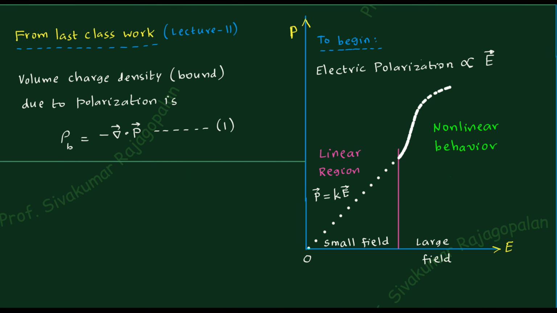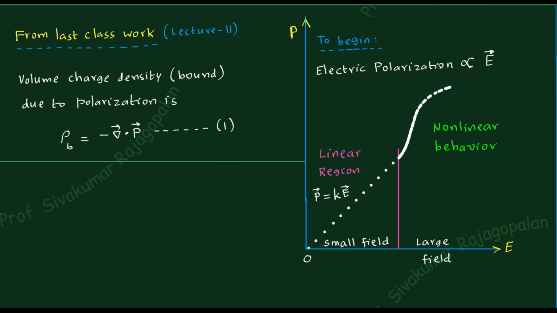So let us therefore understand further how to rewrite P equal to epsilon 0 chi e E. That is the first thing. And the second thing is that we have the Gauss law in electrostatics. So we would like to write down the Gauss law for the case of the dielectric medium. That can be done quickly within 5 minutes.